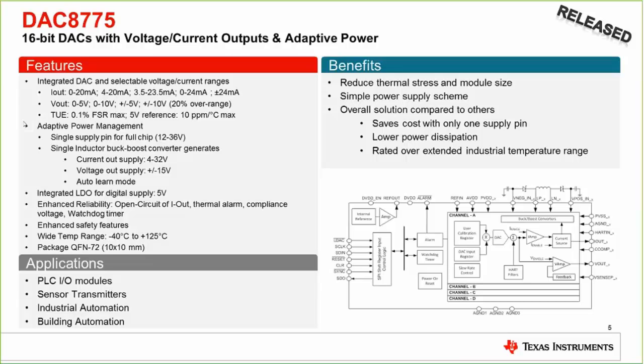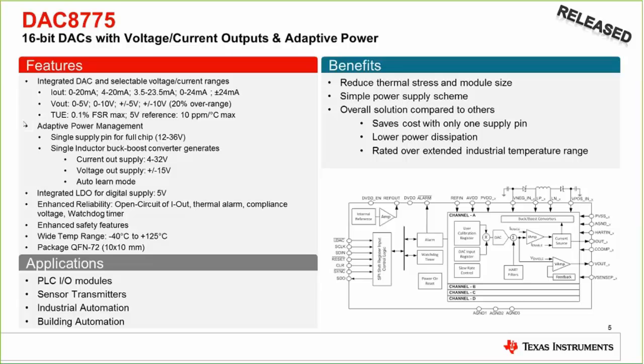The reason somebody might do such a thing is because the output signal chain itself, we're talking about settling times on the order of microseconds. But for a DC-DC to slew, typically we're looking at something more on the order of milliseconds. So if you want to compromise between power dissipation and slew rate, it would be in your best interest to have the DC-DC set at a static voltage so that you don't have to wait for the DC-DC to slew, and you just get this microsecond slew rate associated with the signal chain.